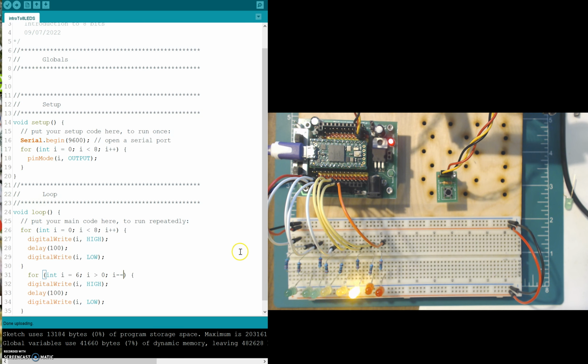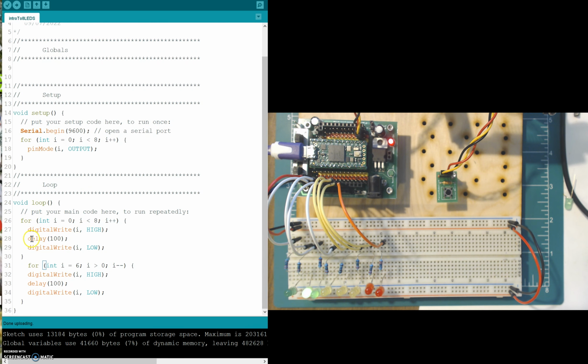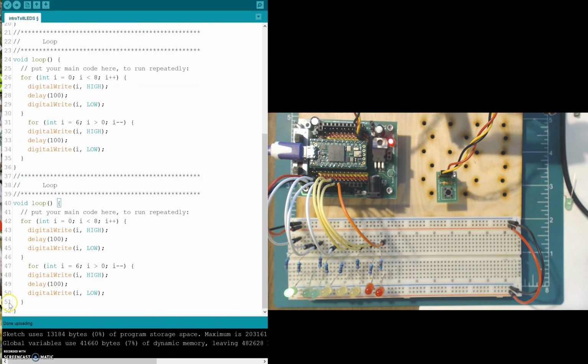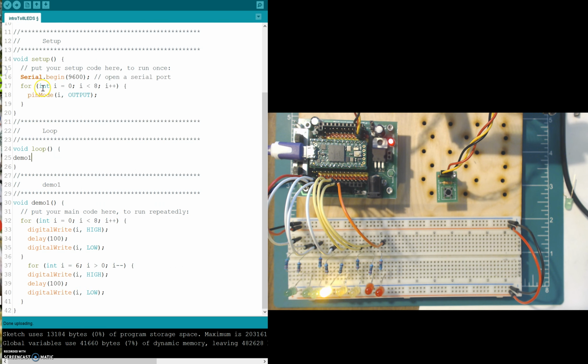So now let's do one last thing: let's make this a little bit cleaner piece of code. I'm going to copy this entire thing, paste it right here, and call this demo 1. Then I'm going to change this to demo 1, because I can't have 2 instances of a loop. And then I'm simply going to run demo 1,